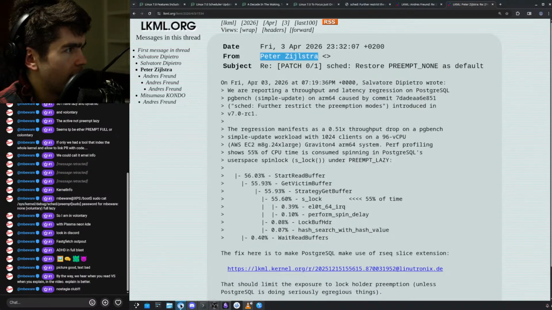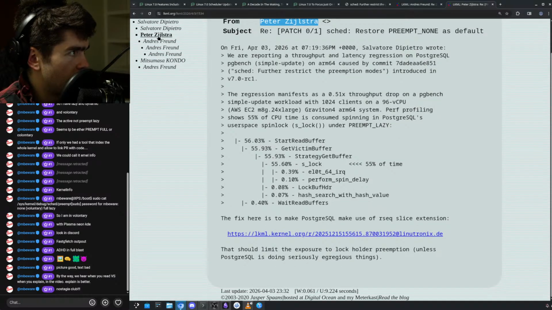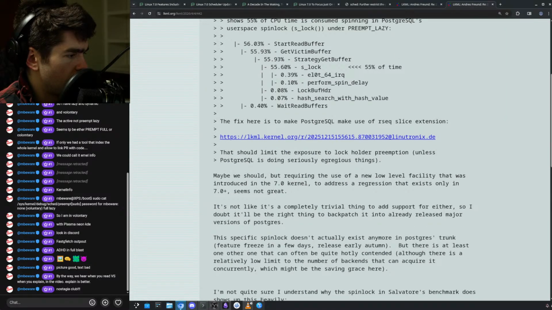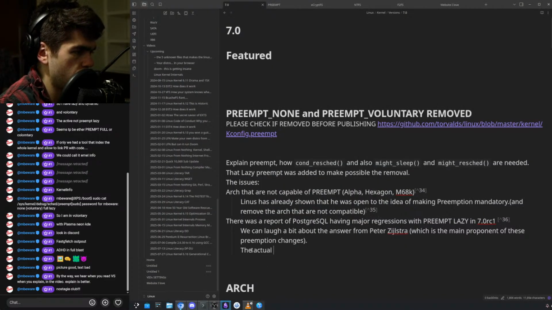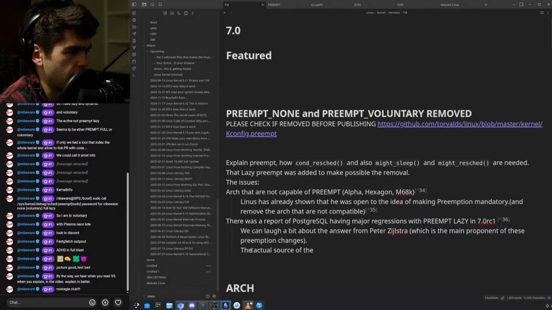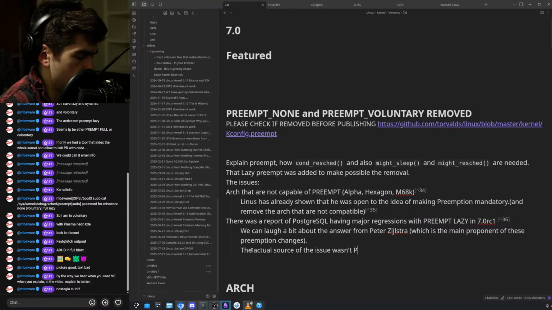Okay, second thing would be the actual source of the issue wasn't preempt lazy. It was the fact it was